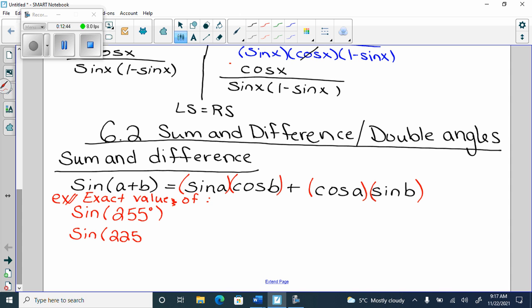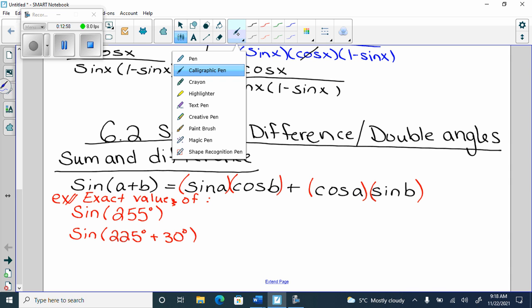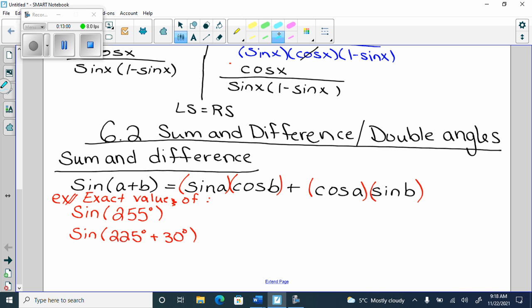225 and 30. Now, does it matter which one I list first when it's addition? No, it's the commutative property. 225 plus 30 and 30 plus 225 is the same. Yeah? Okay. I'm going to match them up with colors here. I'm going to use a highlighter because I rarely get to. Okay. This bad boy here